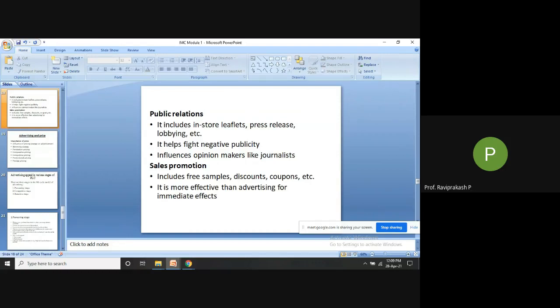If you go somewhere, like in perfumes, in malls and all, they say, okay sir, please, you can have my perfume, smell it, and if you like, you can buy it. So these are kind of samples.